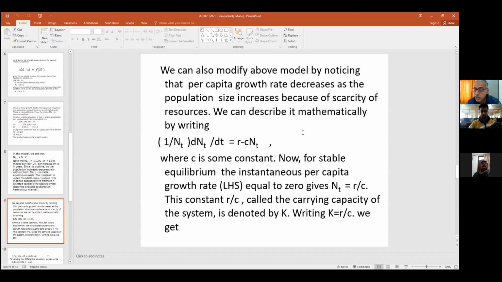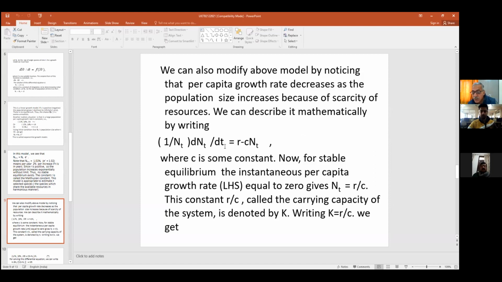So if the population starts increasing to a very large extent, then our resources are limited and we start consuming less. So it means the per capita growth rate comes down, or decreases, as the population size increases because of limited available resources. This can be brought into the model mathematically, and we can describe it by writing